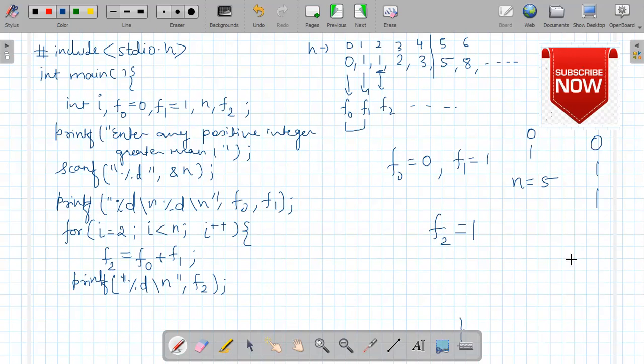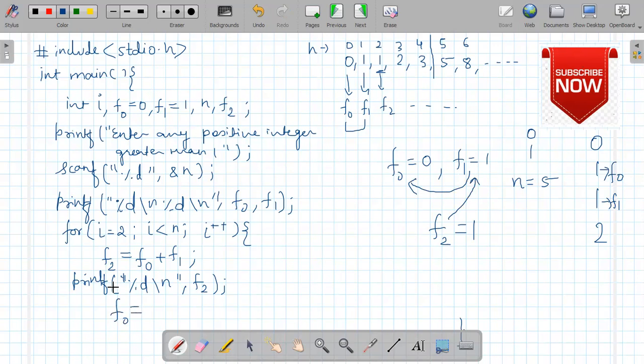So we have to change the values of f0 and f1. See, if you want 2, then the value of f0 should be 1 and the value of f1 should also be 1, right? So what we will do is we give the value of f1 to f0 and the value of f2 to f1.